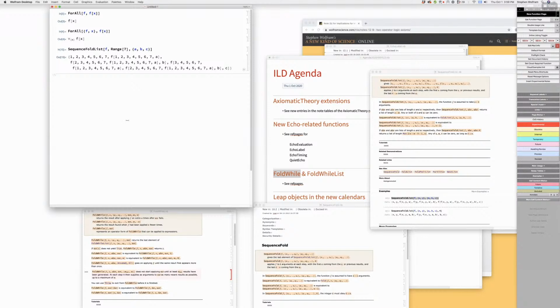In other words, let's say I say echo evaluation 2 + 4. Now I say QuietEcho that. I'll just get that. But there's no way that I could put echo evaluation in here.